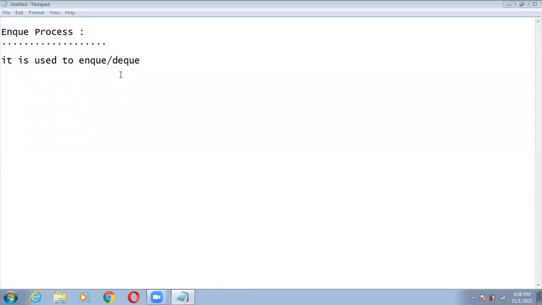If NQ means lock, then what do you mean by DQ? This is simple only. What is the opposite of lock? Unlock, sir. Yes. So DQ means unlock only. It is used to NQ, DQ means lock, unlock the objects.